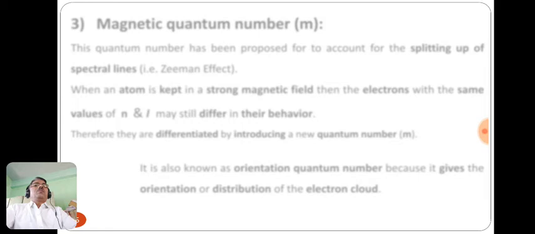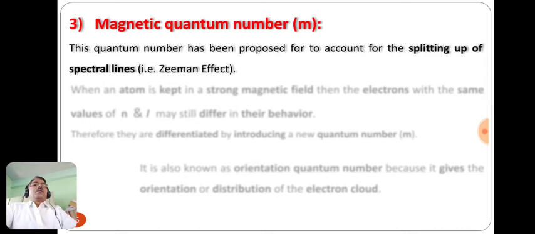Now the third quantum number is the magnetic quantum number, which is denoted by the letter small m. This quantum number has been proposed to account for the splitting of spectral lines, that is, the Zeeman effect. When spectral lines are in the presence of a magnetic field, they get split, and that effect is known as the Zeeman effect. So the splitting of spectral lines under the influence of a strong external magnetic field is known